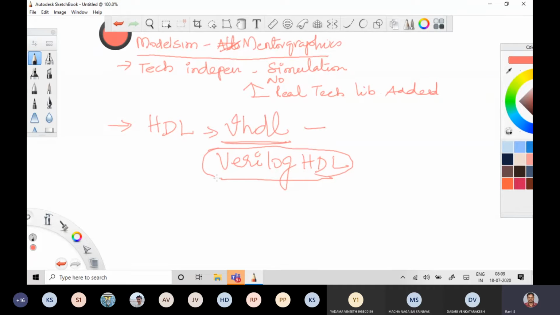The reason is that the syntax used in Verilog HDL is almost like C. It follows the syntax rules used in C, so it is very easy to learn, and this is a commercially used hardware description language.